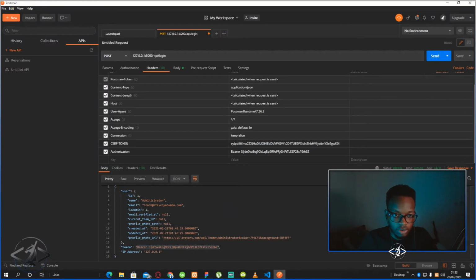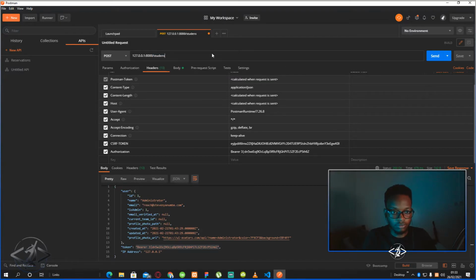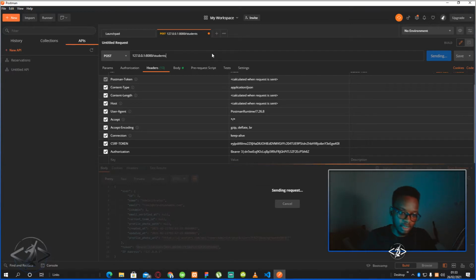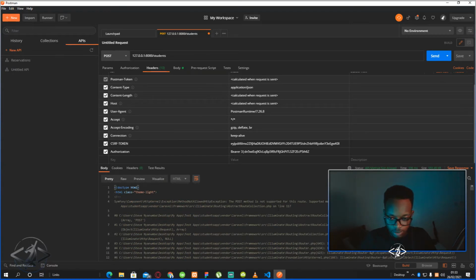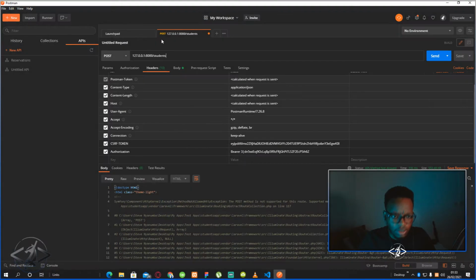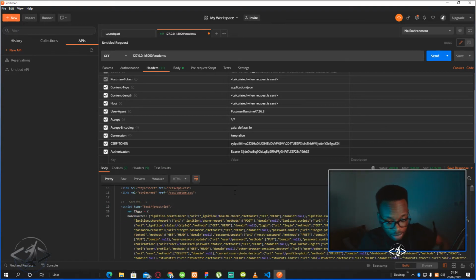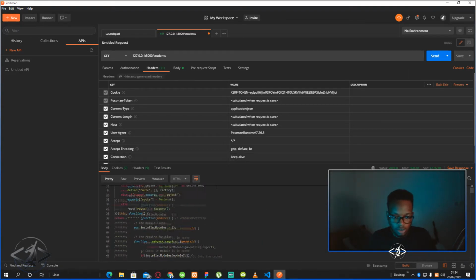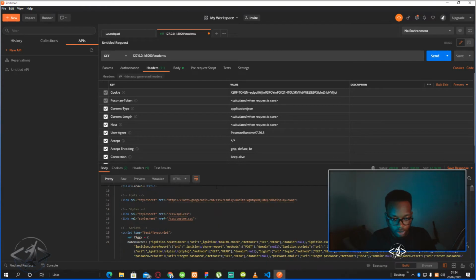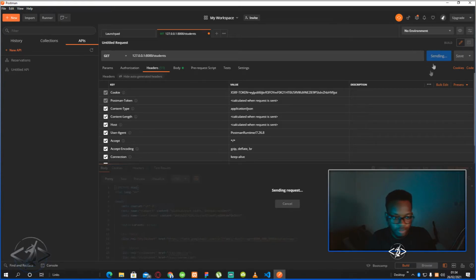So check this out. If this /students goes like this, you can see the post method is not supported for this route. That's interesting. Oh, you need to be get. So you can see I can't get. Okay, so this is particularly what is going down. It's loaded the entire page, which I didn't want to do. But if I did this